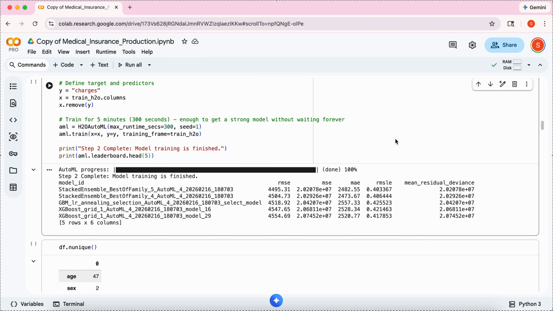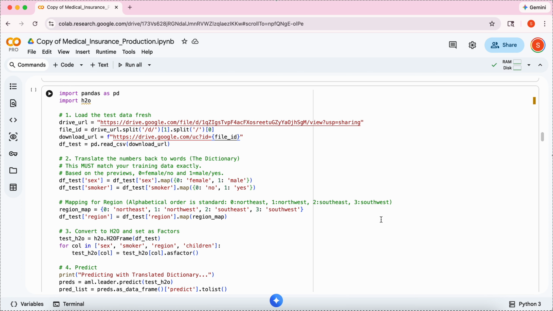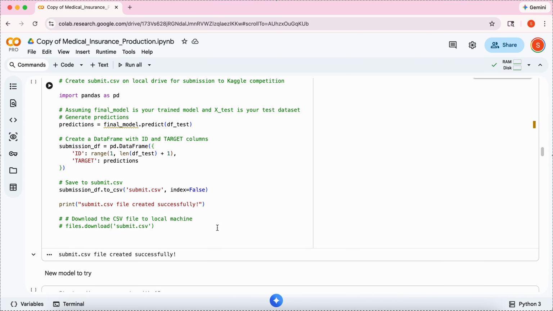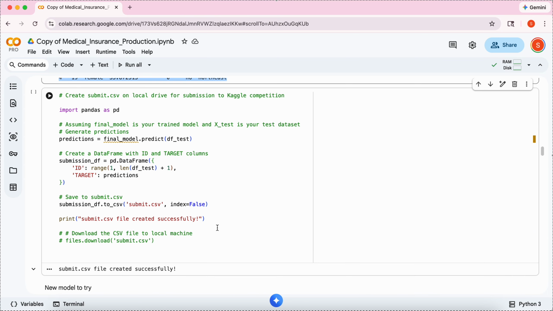So after training the model, it's important to try to make predictions using the test dataset. So we tried doing that, and as you can see over here, this is the prediction that we created. And then now we can do this, and for me personally, I submitted this into Kaggle since it was a hackathon interview. But you can also try doing different things with it. You can keep it for yourself, you can use it for future predictions, you can use it for forecasting and such. These types of information are very necessary for companies and organizations as they make big financial decisions based on